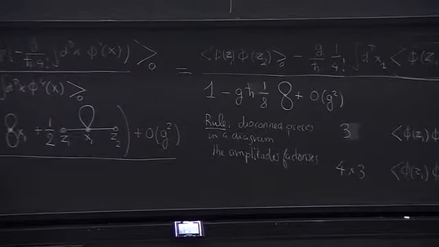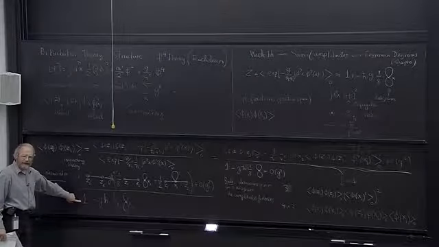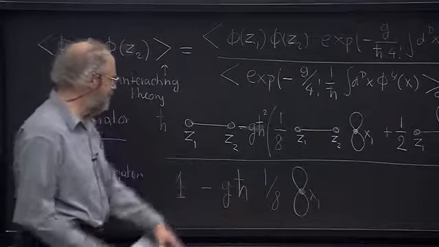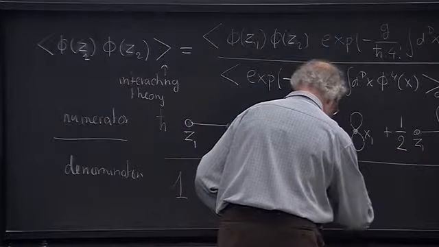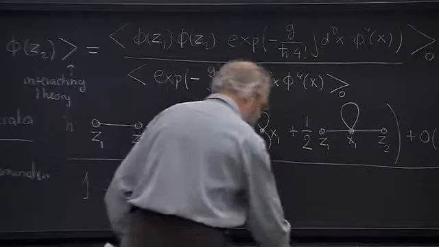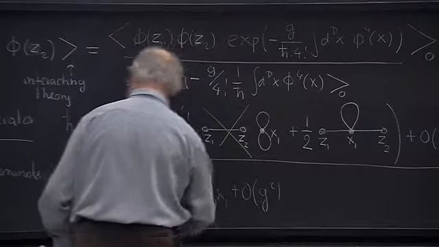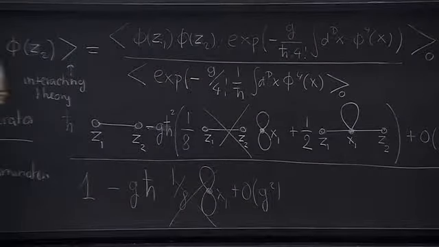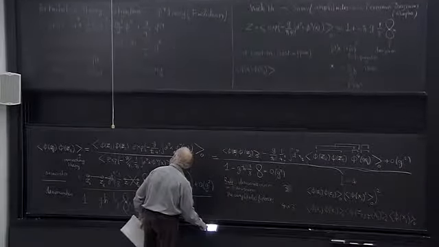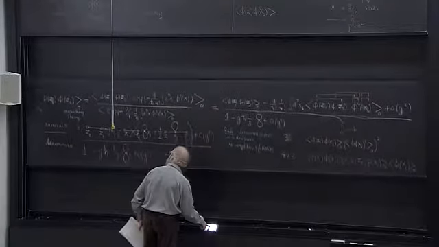That's something trivial, but easy to see, and it's a very important rule. Which means that if I expand this denominator, which is in G, 1 over 1 minus G something is 1 plus G something plus higher terms. These terms cancel this term. This is cancelled by this. Okay? Which means that the final result